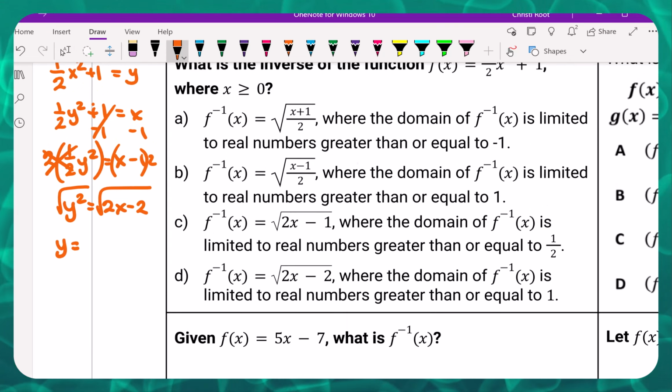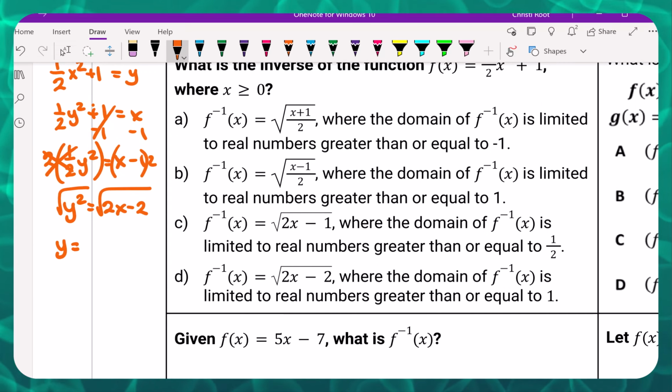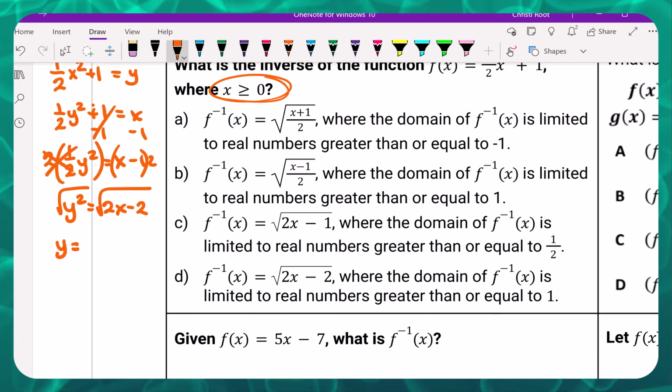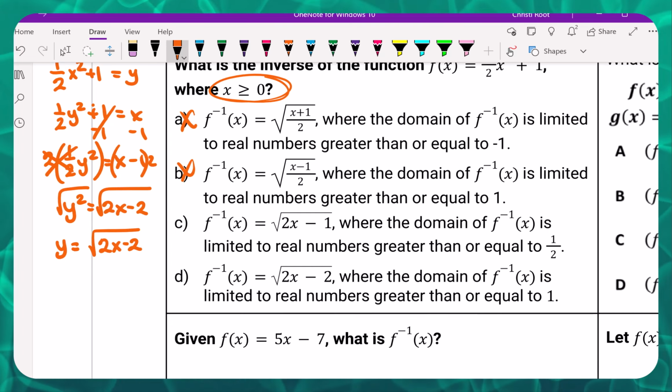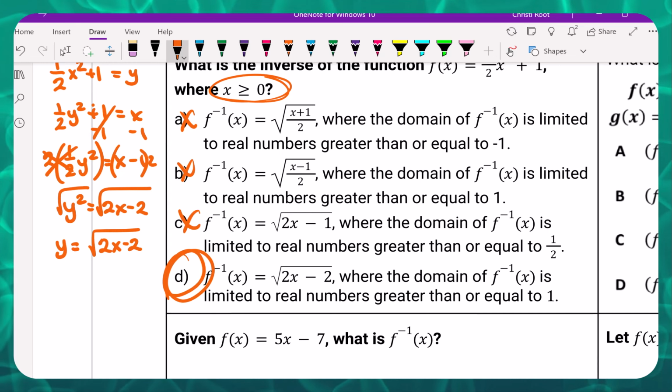Now here's where you've got to be careful. It says you're finding the inverse of the function only where x is greater than or equal to 0. That's positive numbers. So remember when I told you to take the square root of both sides? You're supposed to have a positive and a negative, but it's limiting that right there. So your domain is limited only to the positive numbers. So I can immediately cross out A, B, and C. You can answer this with just the equation part of it, but I want you to understand the reason